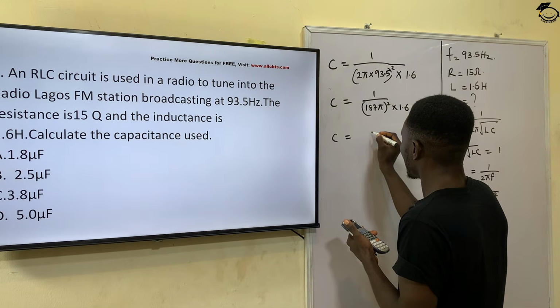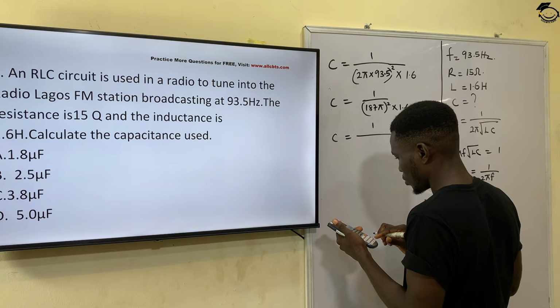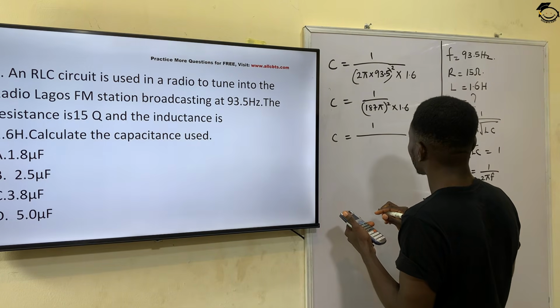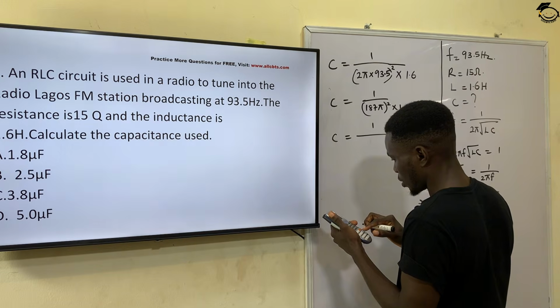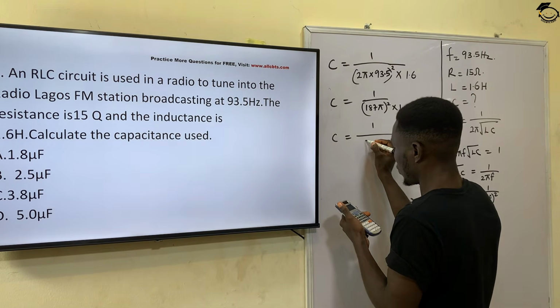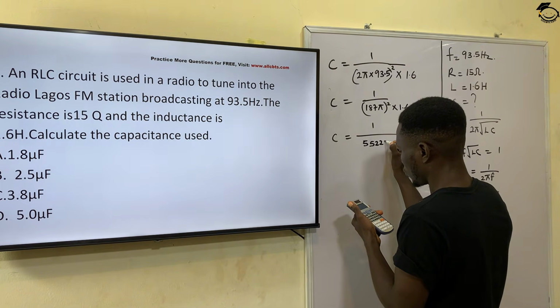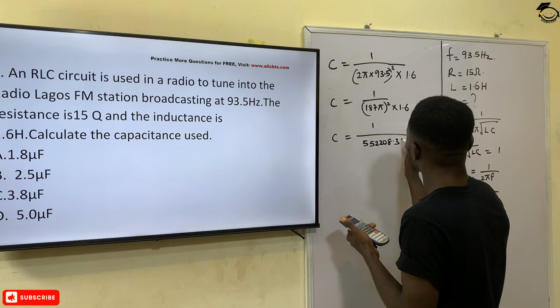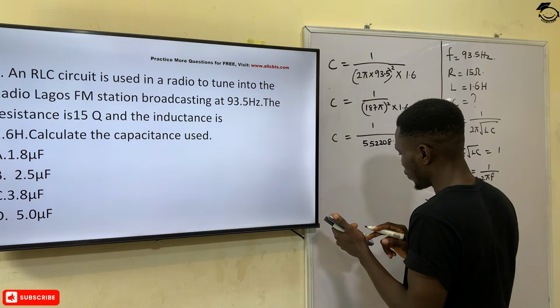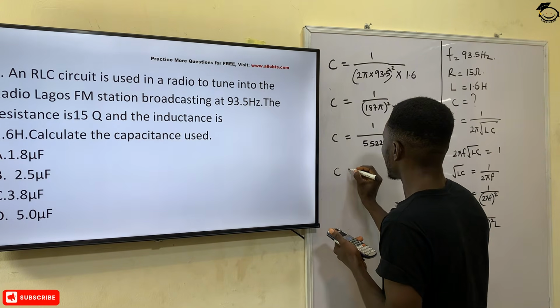This means that the capacitance is equal to 1 over 55208.31. So if I divide 1 by this answer, it means that my C will be equal to